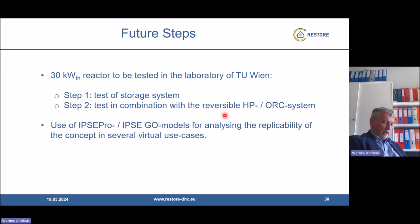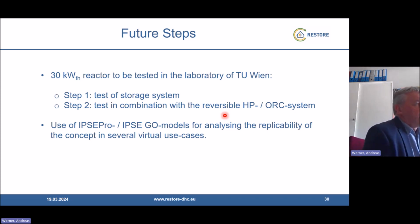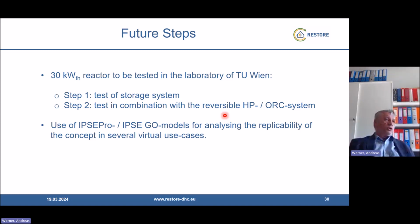With all of that, I am already more or less at the end of my contribution, with which I wanted to give you an overview of the different types of research work we are doing together in our group. The next step, which will be done in our reactor, will be the implementation of the 30 kilowatt reactor, which has to be tested in our lab. The first step is to test the storage system alone without combining it with the heat pump ORC system. And in the second step, the very late stage of our project, the heat pump ORC system will be